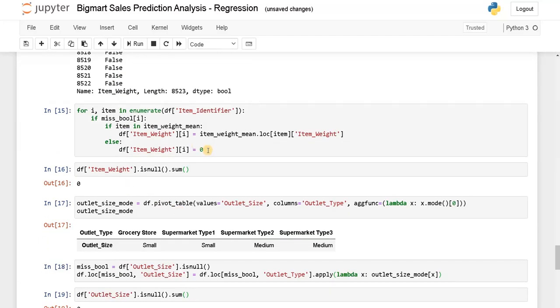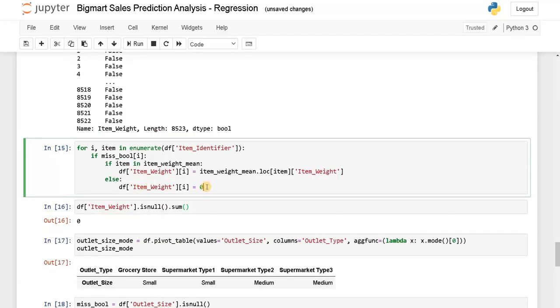And one more thing, here we have assigned 0. Instead of 0, if you have null values, you can use negative values or some average value of the items. So here instead of 0, I'll just assign the mean of the item weight, np.mean of df of item weight.